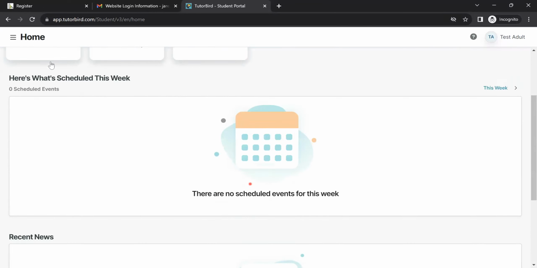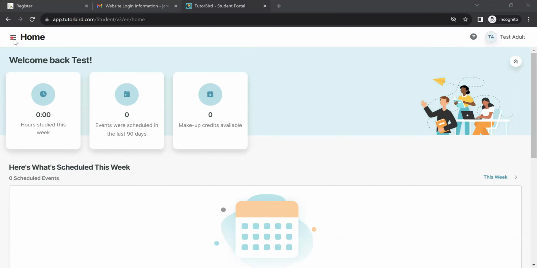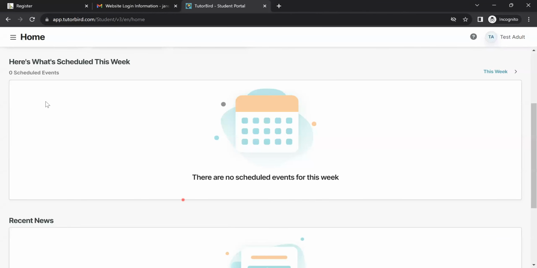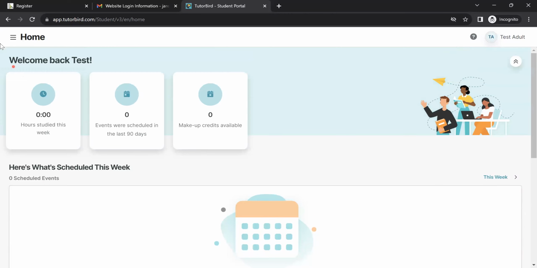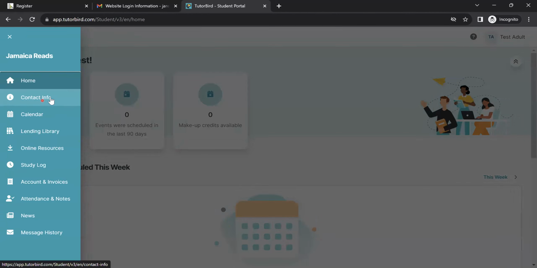And now in my student portal, I can see different things. I can go to home. Well, I'm already home, and I would normally see information here, maybe my classes. If I had already had classes, I wouldn't. I just signed up. And I can now see the options I have. I can change my contact info. If I click here, I can view my calendar, which would be for my classes, a lending library, online resources,